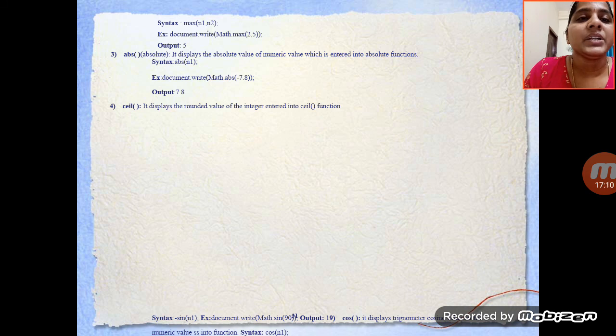And ceil, this displays the rounded value of the integer entered into the ceil function. In this